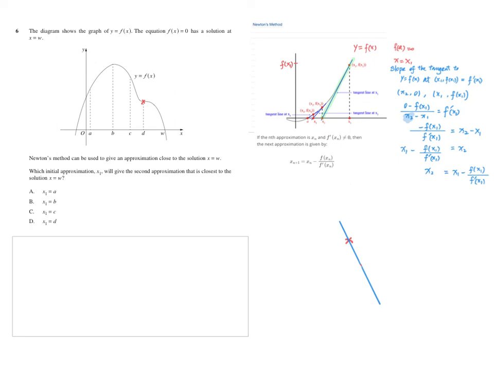So let's go back to our question 6. X equal to w, the function value equal to 0. We want to get an approximation which is the closest to this w to solve f(x) equal to 0, this equation. Theoretically speaking, D should be the closest approximation to W, but the tangent at the point when x equal to D is a horizontal line, which means the first derivative at D should be equal to 0,